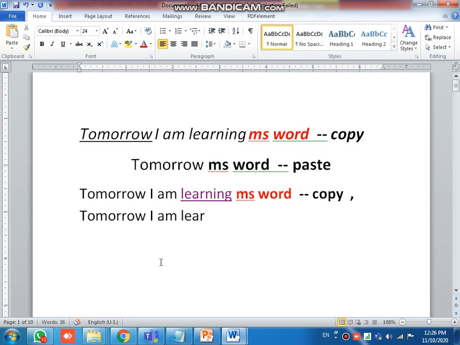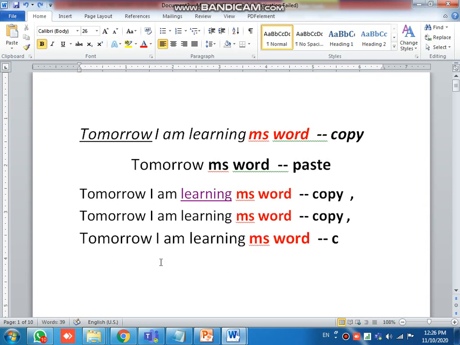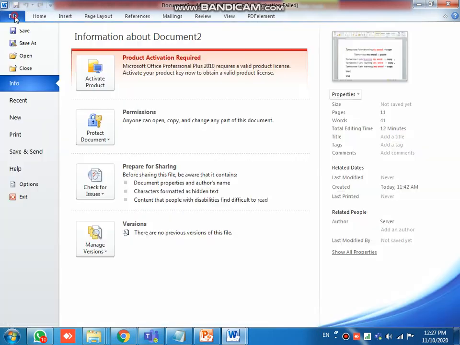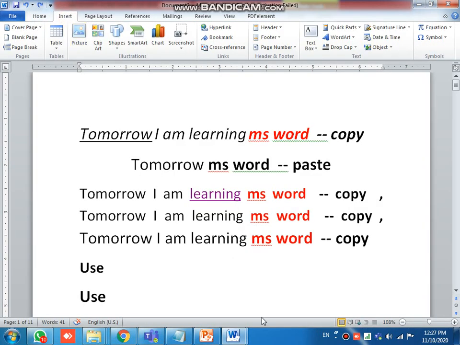Again, if by mistake you have used the backspace key and you want it back, you can use Control plus Z, like this. Undo, what you call undo, we call it as undo. So Control Y is redo, and Control Z is undo. So you can use these keys, Control plus Z and Control plus Y, for undo and redo.